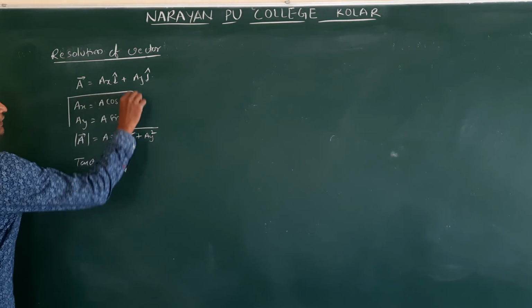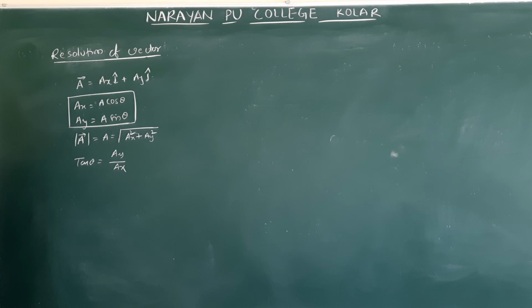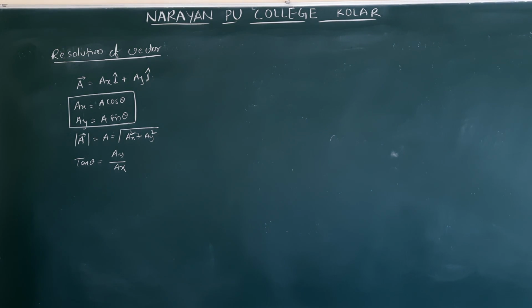These two we call components. Sometimes we call them rectangular components. Both are the same. Don't get confused. The name is different, but the formula remains the same. Resolution means resolving, splitting of a vector along two directions. One is along the x direction, one along the y direction. Clear? So AX is equal to A cos theta, AY is equal to A sin theta. I hope you understand why we are talking about this. What is our lesson?